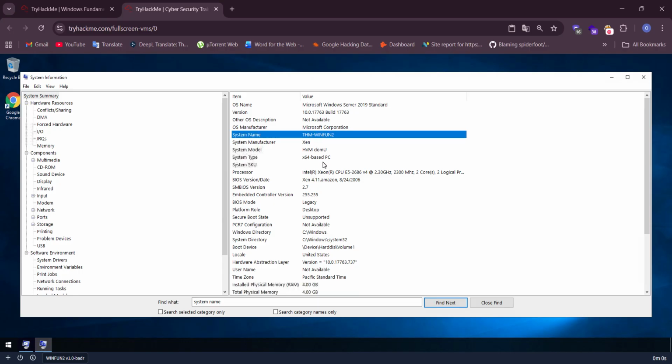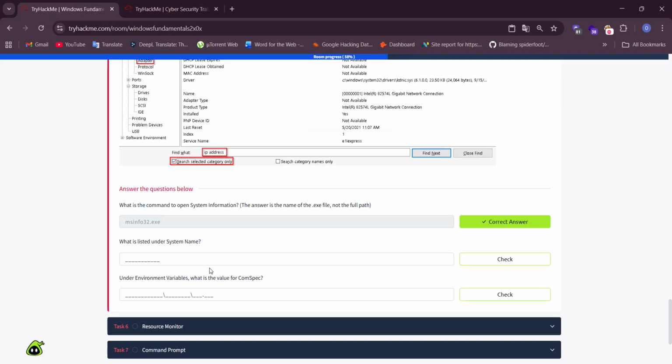System manufacturer, system model, system type. THM-WinFun2. Okay, THM-WinFun2.